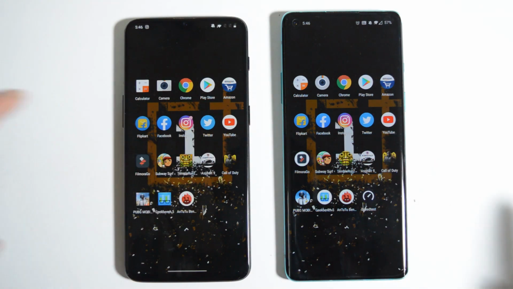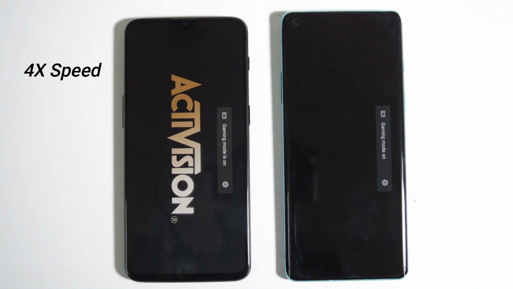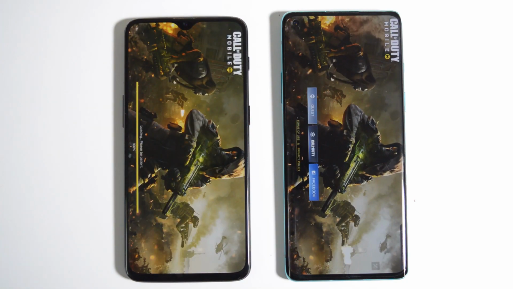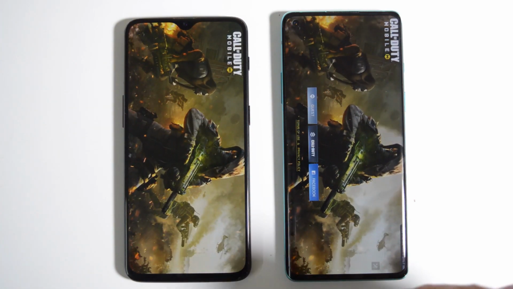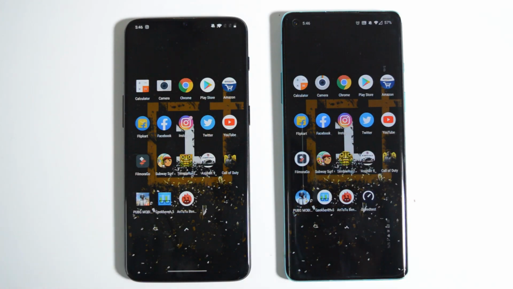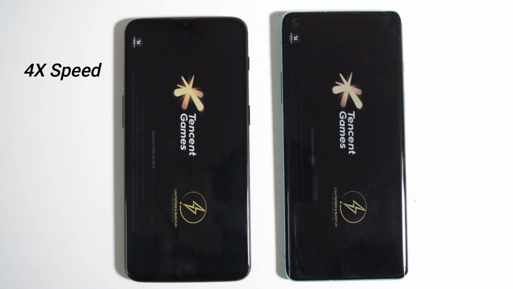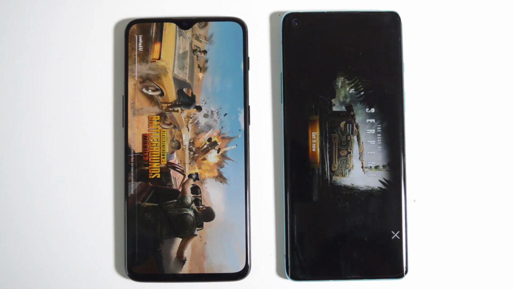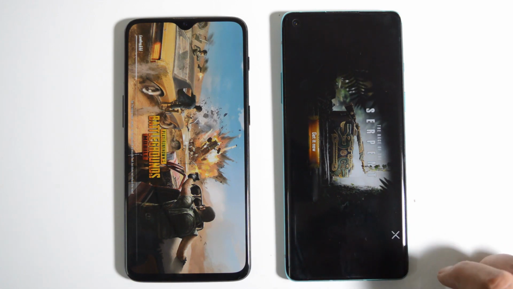Moving on to Call of Duty. And that's also slightly faster on OnePlus 8. Now moving on to PUBG in 3, 2 and 1. And again that's faster on OnePlus 8.